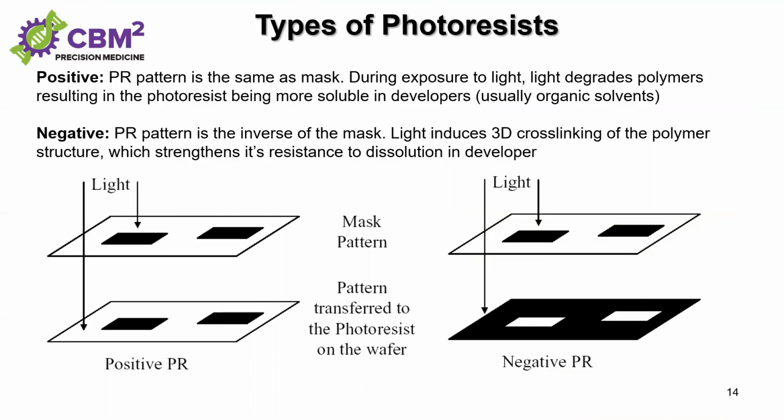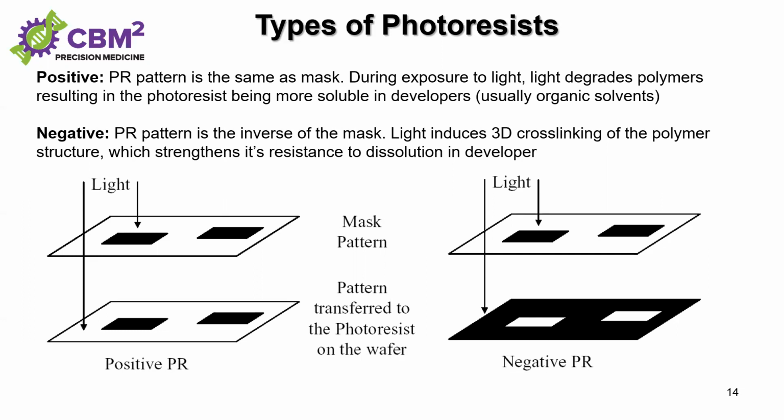Positive photoresist means that in the exposed area, the polymer chain of the resist will be broken. While in negative photoresist, the exposed area of resist will be cross-linked, so it will become hardened compared to the surrounding areas. So after development, what happens is